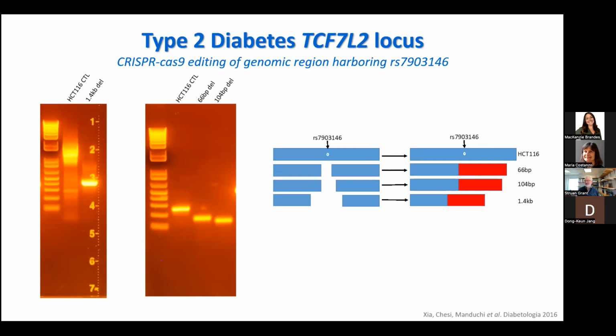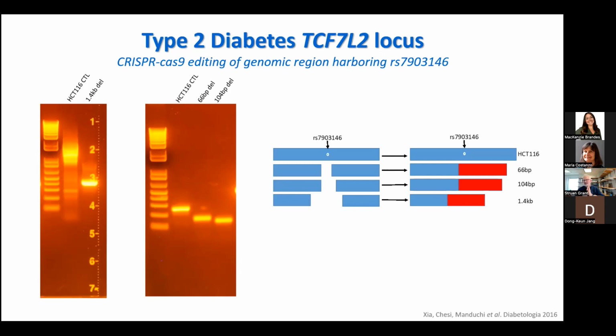We took a colorectal cancer cell line called HCT116, which is obviously a pretty messed up cell line. But TCF7L2 is a known colorectal cancer gene. That was part of my logic. The other part of the logic was they're very easy to CRISPR. It's a very easy cell line to manipulate. So this is really just our first attempt.